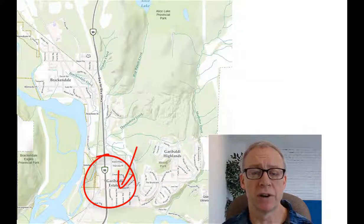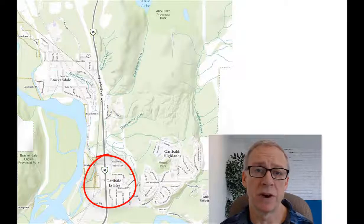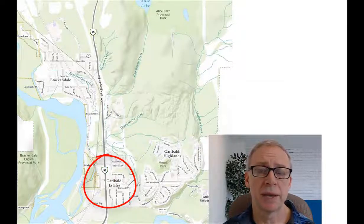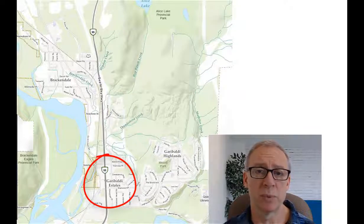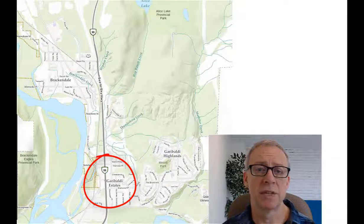So what you find there is every other lot is a large lot, usually close to half an acre or a third of an acre. So the lots are quite large on those streets in there. And then you've got Cheakamus Way, which are then some smaller lots in that area around Cheakamus, which backs onto the park. It's very nice. This is sort of deemed to be one of the nicest areas in Squamish to live